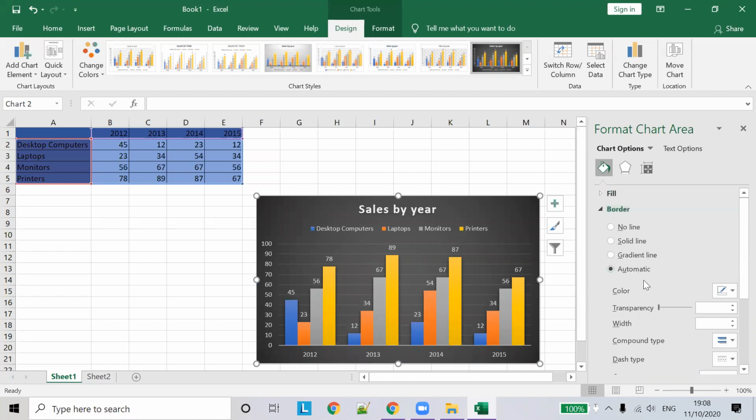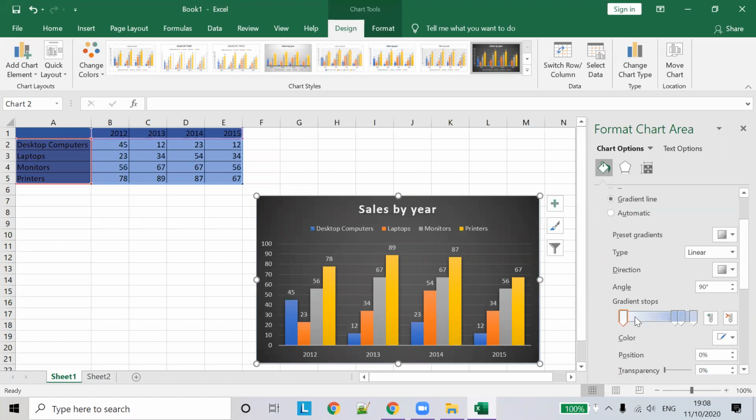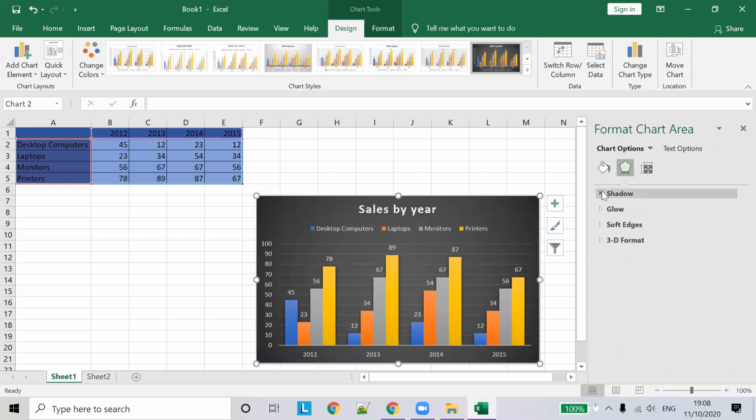And if you want to select a border, this is the border of the charts. Solid line. You can see a minor difference on these borders if you select all those things. So that's it about borders. These are all advanced options. If you want, you can dig in and see those things.